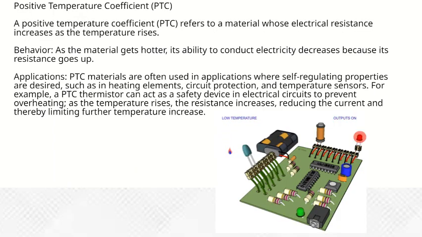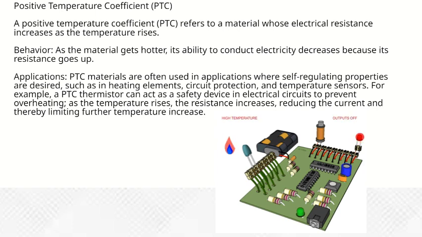Now, question 1 says that we're to define the following terms in relation to materials. So it asks for a positive temperature coefficient. Now, a positive temperature coefficient refers to a material whose electrical resistance increases as the temperature rises. Now, we're looking at its behavior, and as the material gets hotter, its ability to conduct electricity decreases because its